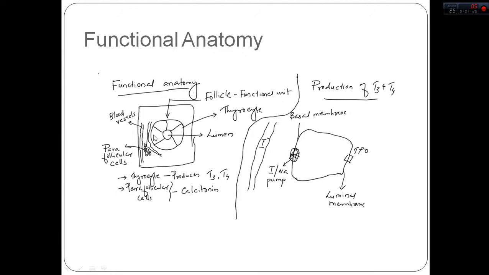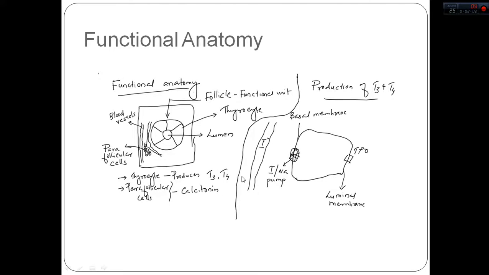And these thyrocytes are arranged in such a fashion that it makes a follicle. In the middle of the follicle, you will see a space, which is called a lumen. A lumen contains a liquid substance called colloid. Now, other than the thyrocytes, there are also a few other cells present in the thyroid tissue, called parafollicular cells. These parafollicular cells are responsible for producing calcitonin, whereas the thyrocytes or follicle are responsible for producing thyroid hormones